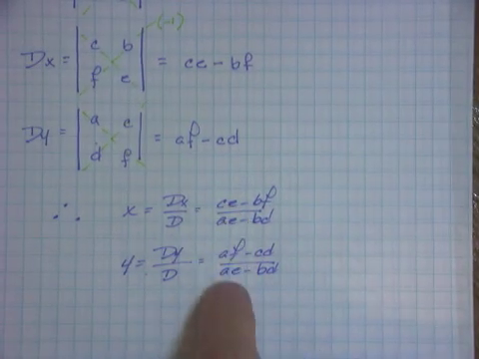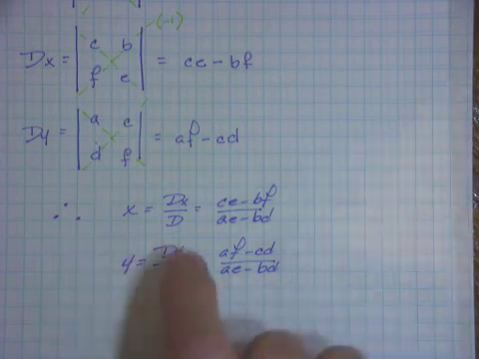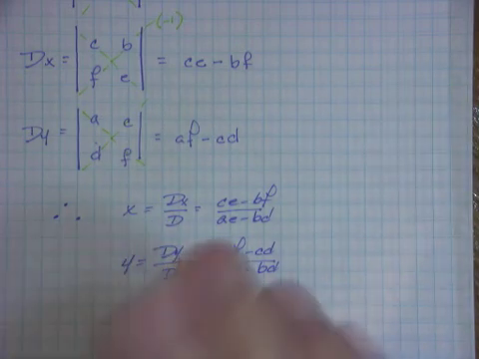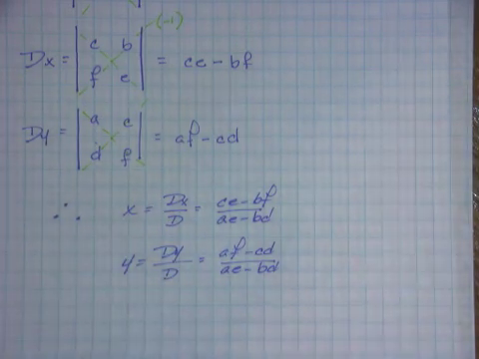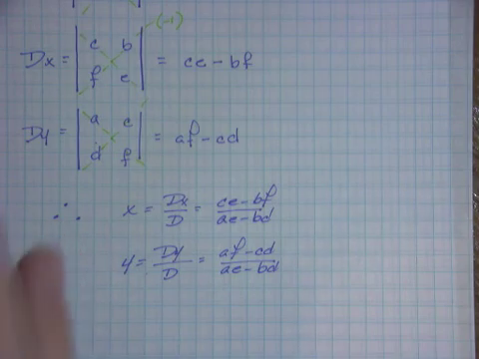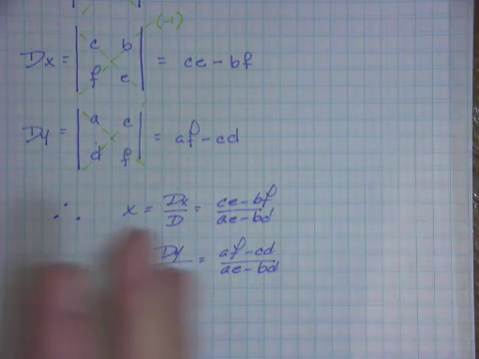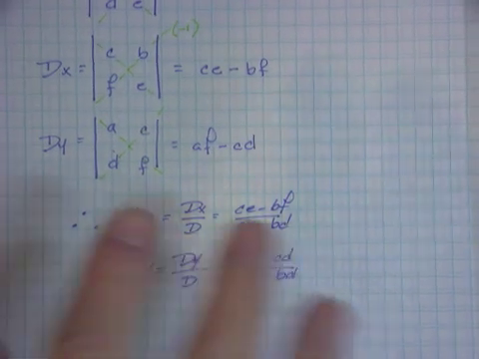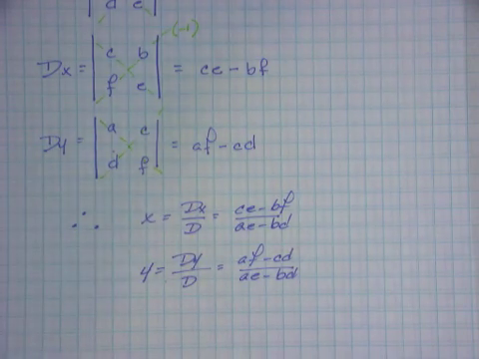Okay, so I don't have an example for you with numbers. Really, all you're doing for the homework is plugging numbers into these two formulas to figure out what the x and the y are. We're going to continue with this next time when we actually solve systems using Cramer's rule. So bring any questions you have to the discussion, and remember, this is